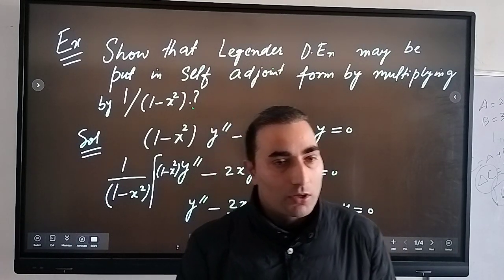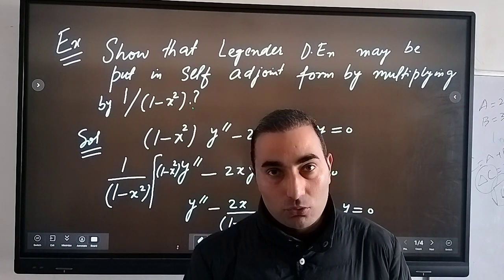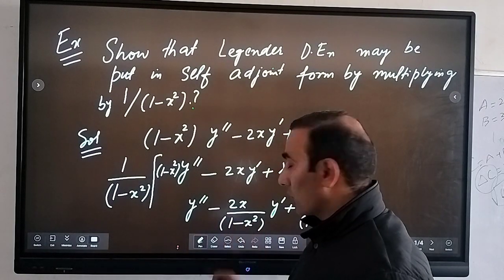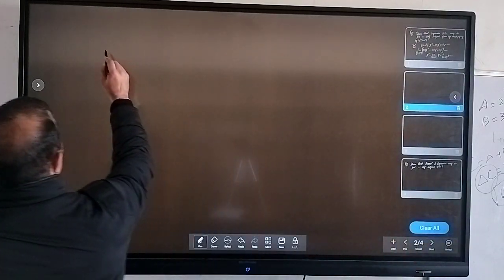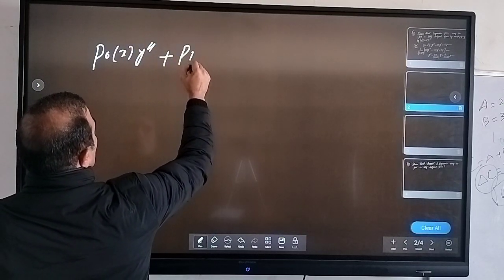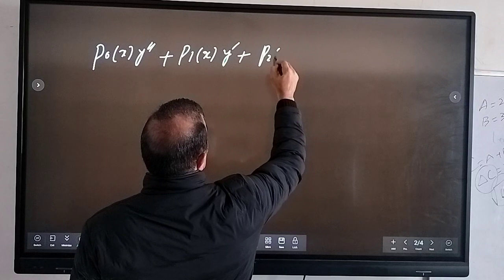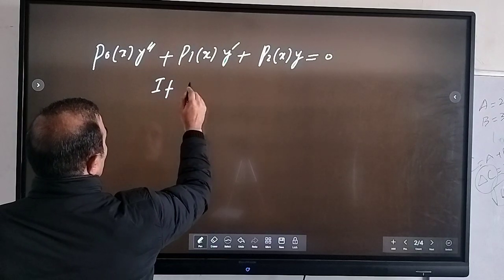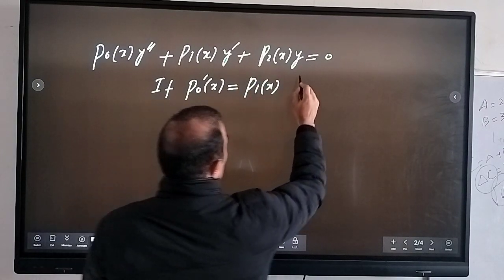In classwork we discussed the condition for a differential equation to be self-adjoint. The criterion is that if you take the derivative of the coefficient of the second derivative, it should be equal to the coefficient of the first derivative. So if we have a differential equation like p0 of x, y double dash, then this equation is,